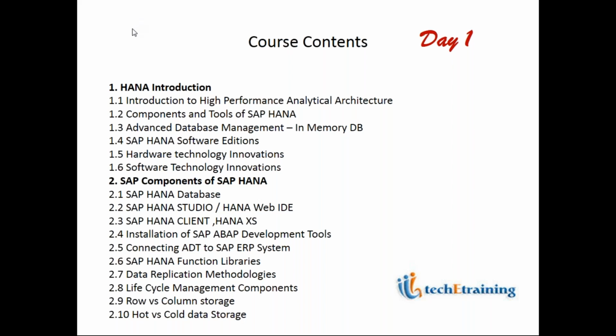Today we are going to discuss HANA introduction and the different types of programming techniques we'll use, and I'll show you a little system demo also: how web programming has changed in HANA, and what different types of objects are available in HANA application server programming, and what the tools are: ADT tools, web development tools.